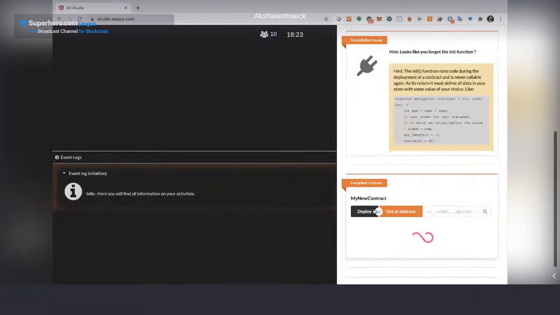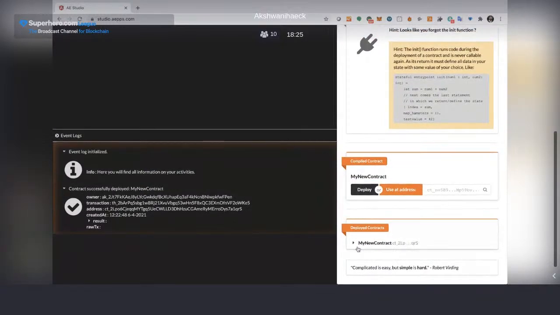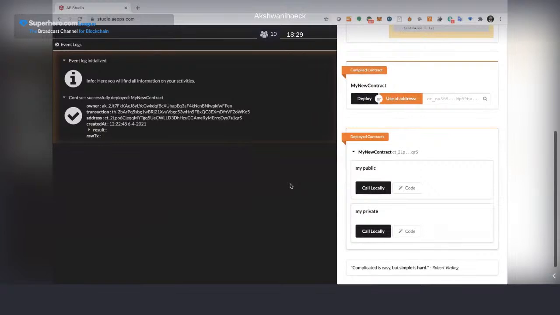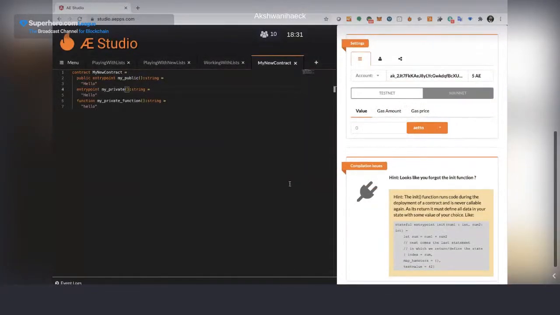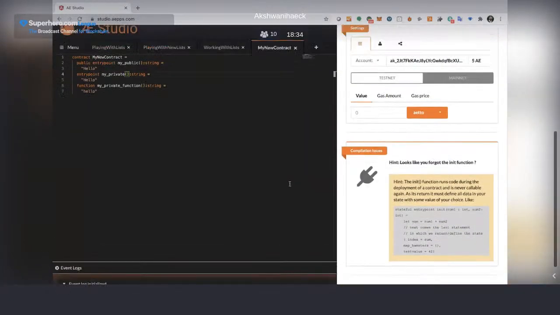But you can have your private functions. My private function. Exactly. So if you want a function to be an internal function, you don't use an entry point. Actually, you don't need this. This is old behavior. It still works, of course, but your entry points are your public and your functions are your private.